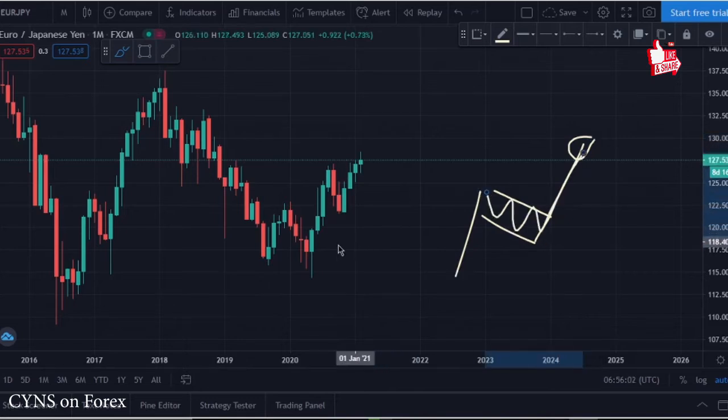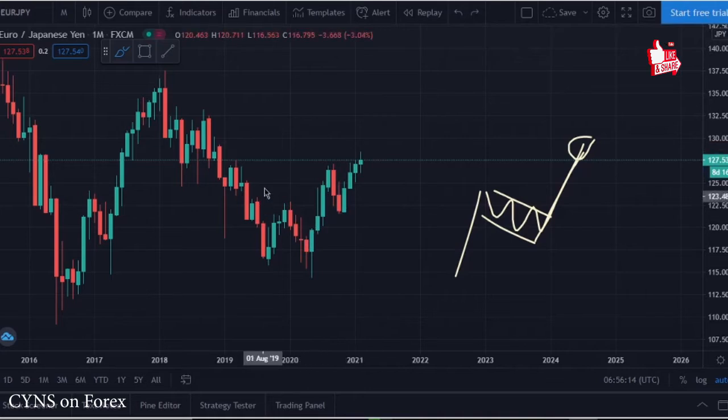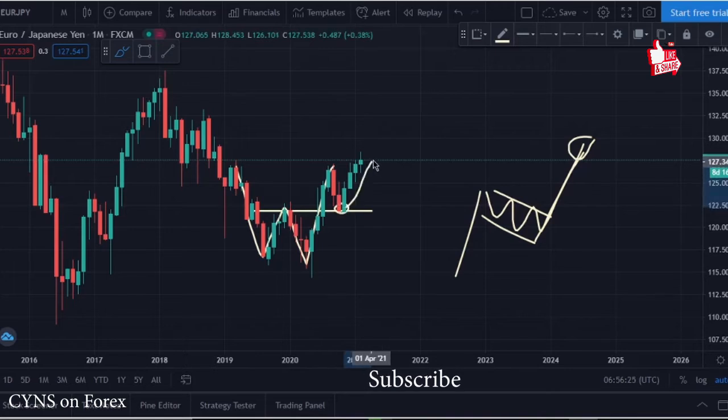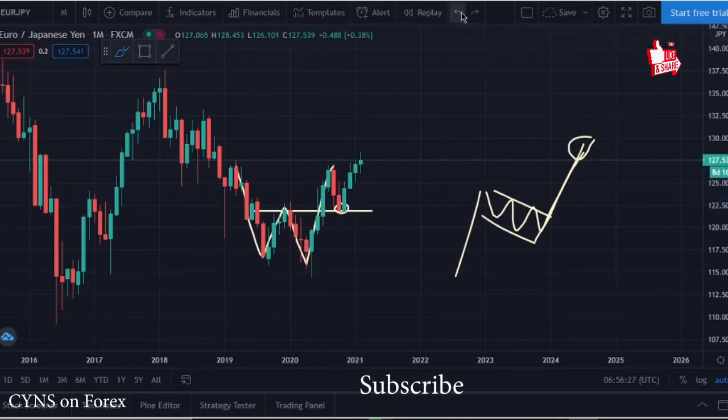Currently the market created an impulsive movement and a corrective pattern, and is creating another impulsive movement to the upside. As well, we can see a nice overexpanded W formation. After the overexpanded W formation, the market retested this neckline and continued to the upside. So in the monthly time frame, we can expect the market to continue to the upside.